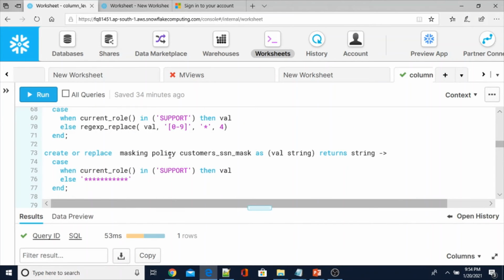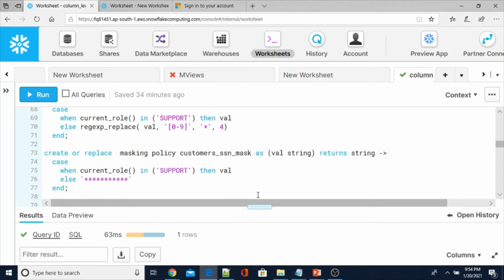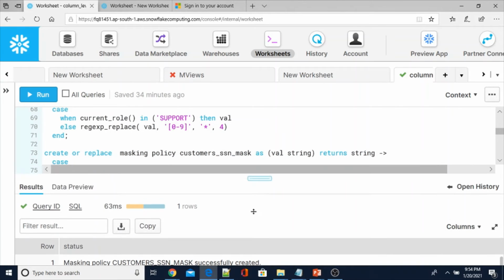Now I'm going to create another policy for the SSN number. Create or replace masking policy customers_ssn_mask, input value as string, return type also string, case when current role in support, then value, else I'm masking completely. So this is the other policy. Two policies have been created.